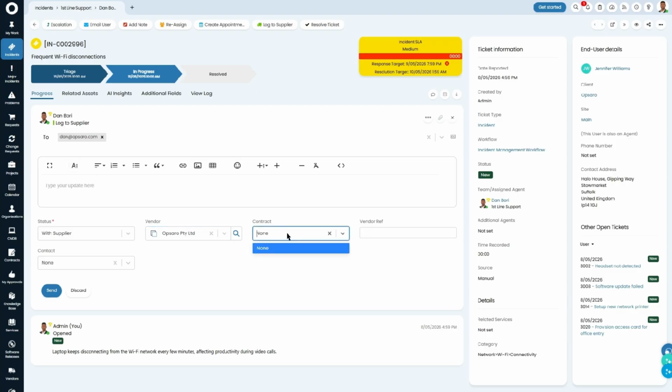I have the option of associating this with a contract, predefining a vendor reference number if that already exists, and selecting a specific contact as well. But in this case, I just want to raise it to the vendor ops area as a whole. So at this point, I'll send off an email to the supplier, and the real benefit of this feature is